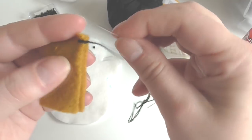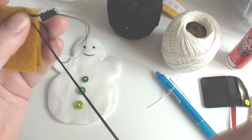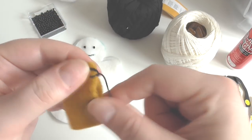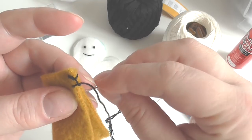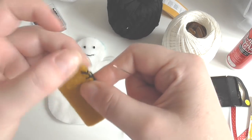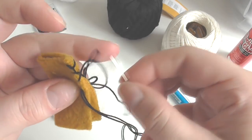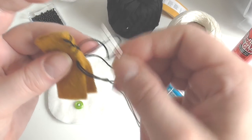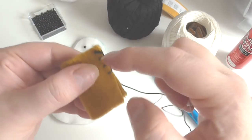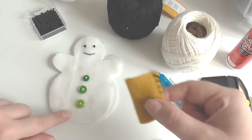So we want to move along the work this way, and we're coming from the back up through the material, leaving a loop, and then I go through this loop and pull so that you have a nice little stitch. And I'm going to keep doing this along the edge of the fabric. Through the loop. So there we are. You've got to try and get your stitches as even as possible across the work. So there we go. So that's blanket stitch,